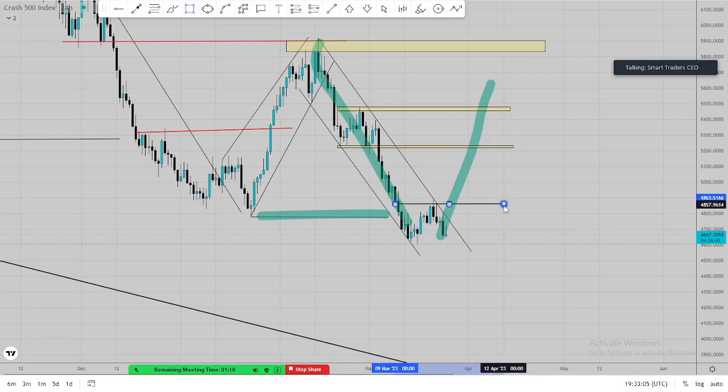Why are we expecting buys? Because we have finished a full move. A full move is from a retracement zone up until we take out the lows. Retracement zone, take out the lows, that's a full move. After a full move, we expect a retracement. So on either of these levels, we expect the market to give us a retracement.